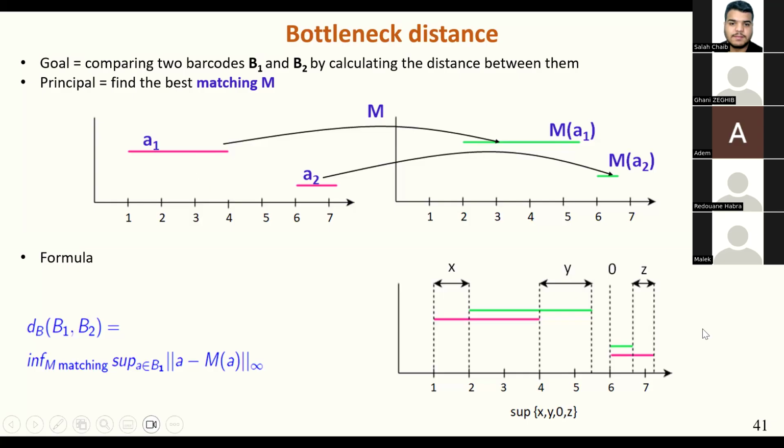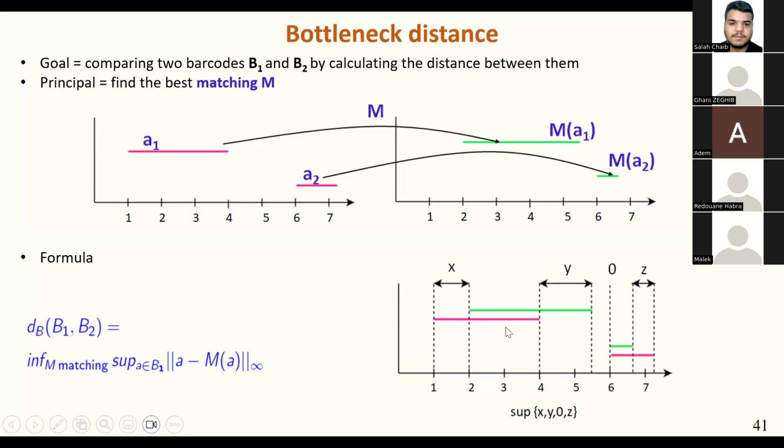I will not match it with this short interval because the idea is to find the minimal cost of this matching. And once we match the intervals, we will take the difference between the matched intervals, which is the difference between the extremities of the intervals,